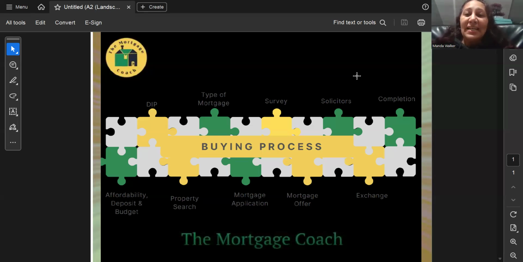Now, the last stage is completion. It can be done on the same day as exchange, but normally we don't suggest that. It's normally a week later. And the way it works is on completion, what normally happens is the solicitor would have asked the lender to drawdown the rest of the money, so basically the mortgage balance. And that will get drawn down,